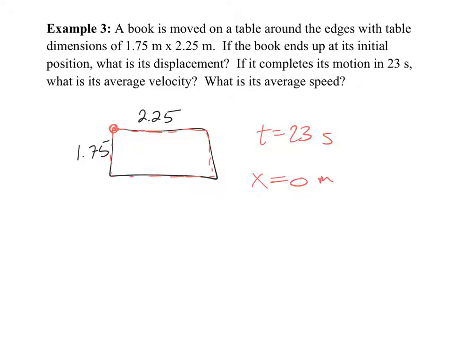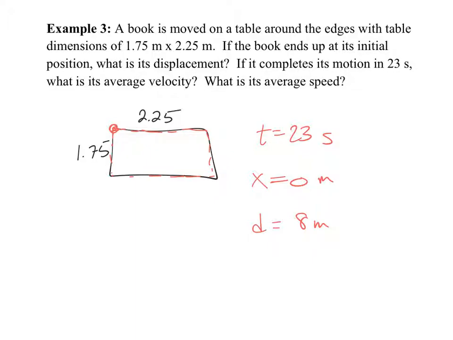I'm only really asking you for the perimeter, right? If you follow my pointer, if it helps: start here, go across, go down, come back over, and back to the beginning. Literally figure out the distance traveled, which is just the perimeter of the rectangle, right? What would that perimeter become here? I think you're going to get 8 here. I got 9, I think it should be 8. Yeah, you're right. So I get a distance traveled of 8 meters.